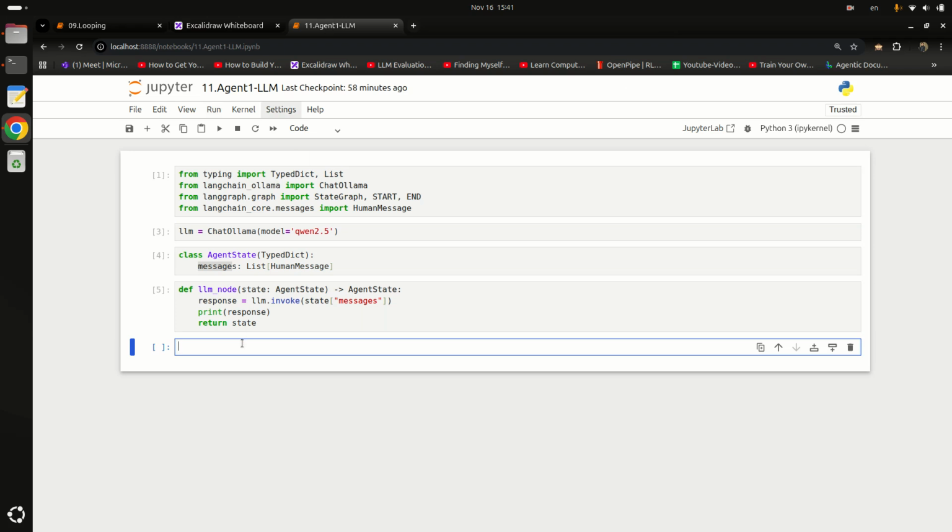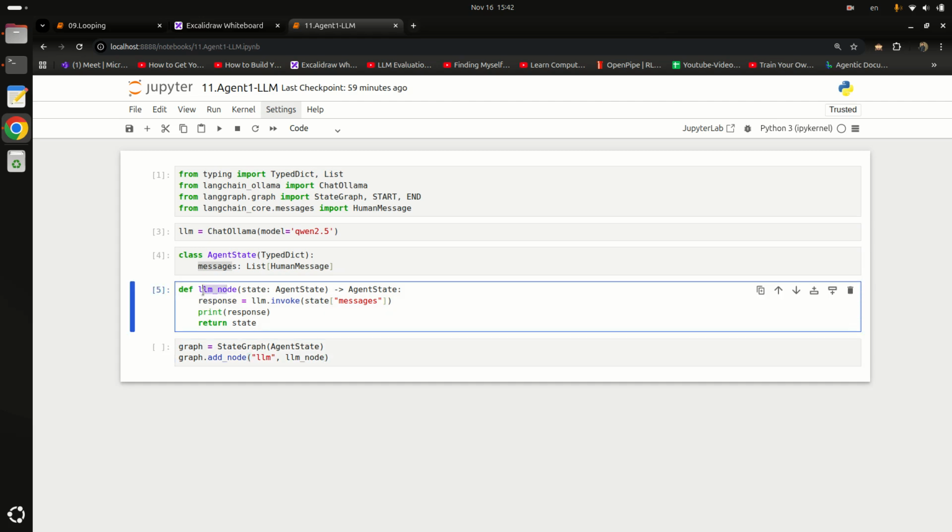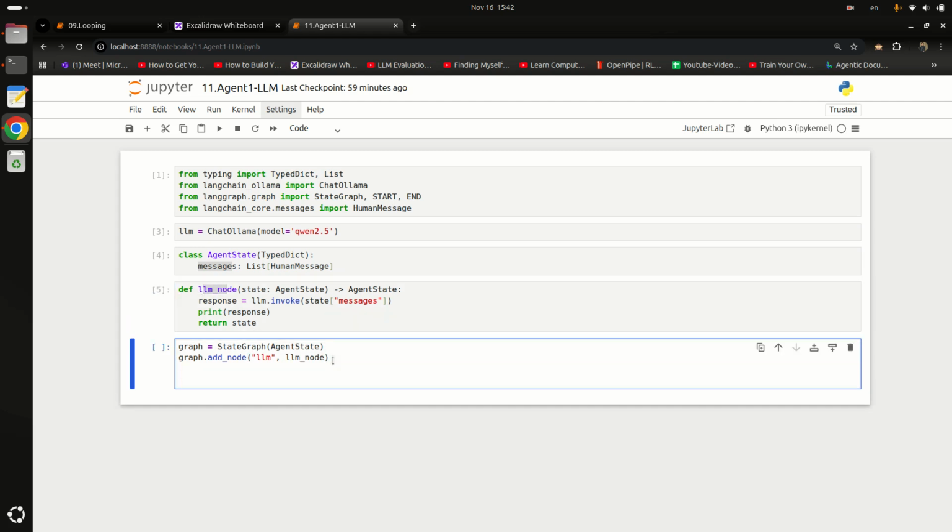Now we have to create our graph, or build the graph. I'm saying graph is equal to state graph. We'll pass the agent state. Now we have to add our node. We have a single node, so we'll say graph.add_node, and its name will be LLM. You can change this name to whatever you want, and it will call this LLM node function. Now we have to say graph.add_edge, meaning we have to add our starting point.